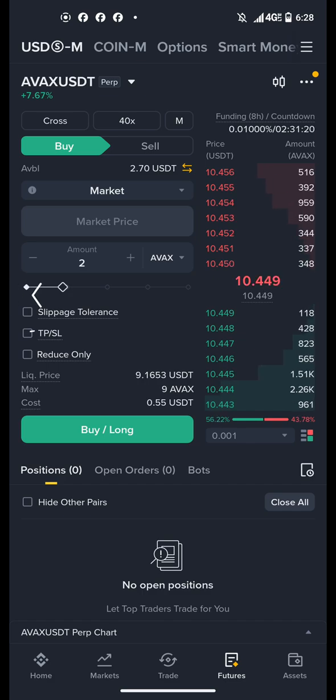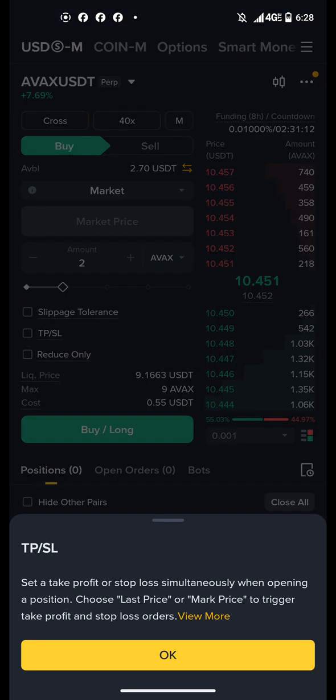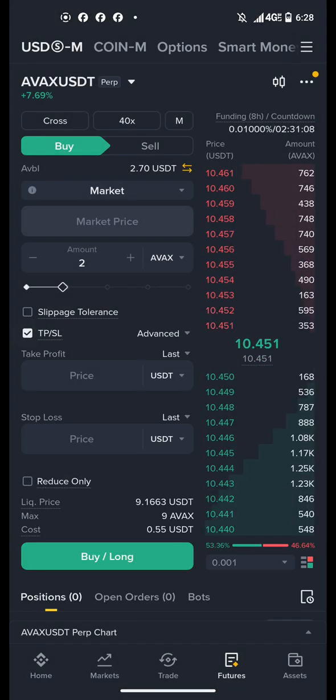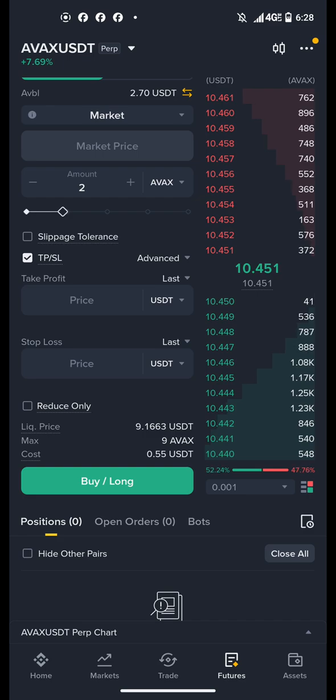I'll click this side, see this side, to set my take profit and stop loss. Okay, I'll click on it. So you can see it brought out a drop down for my take profit and stop loss. Then I put my prices here, and after then I click on what? Buy. For market current, that is market price, it will trigger